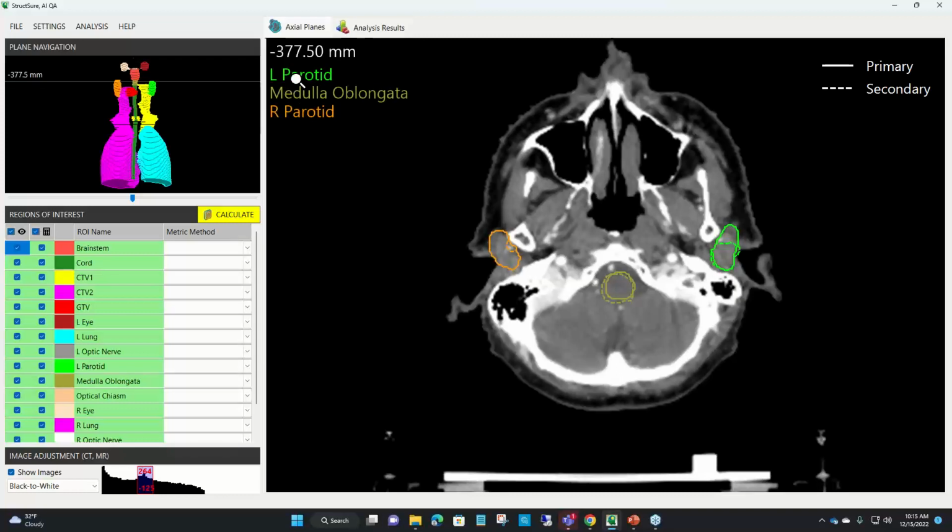Of course, they're color coded to match the different regions, to be able to recognize regions more easily. And then the dash line, that represents what the secondary structure set found, meaning one that was done by either another human being or an AutoSeg engine. So those are those right there.